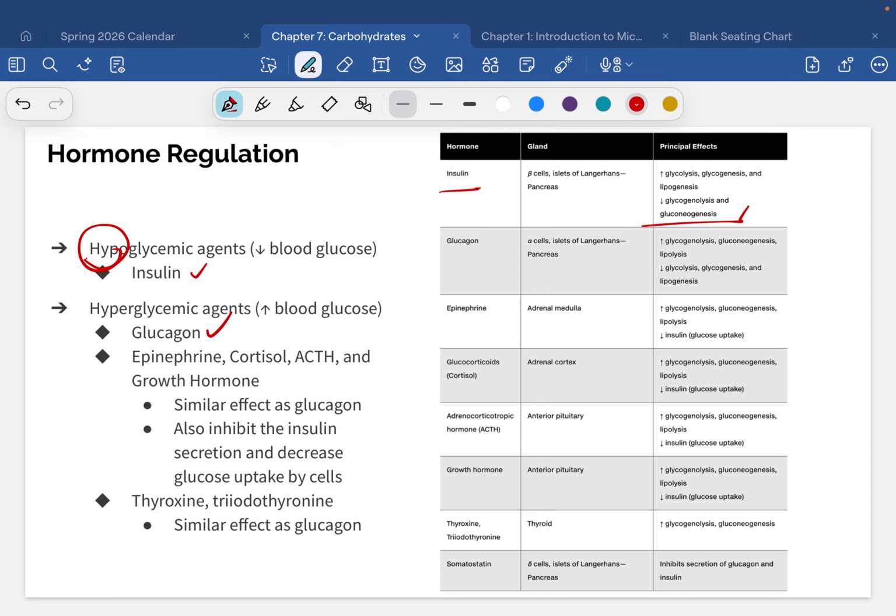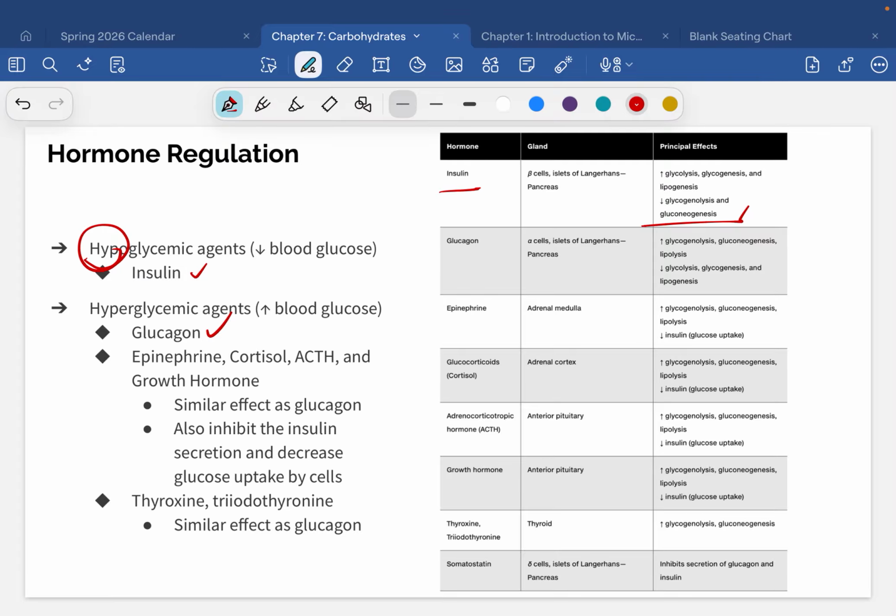And again, we're going to talk about a lot of these later. But this is, again, why it can be so difficult when you have any kind of hormone dysregulation. If you're a person that has pituitary tumors and your hormones are out of whack, if you have a growth hormone tumor that secretes too much growth hormone, that can mess with your blood glucose levels because you're producing too much of a particular hormone. And so a lot of these interact with each other and kind of overlap. But again, our two major ones are going to be insulin and glucagon.